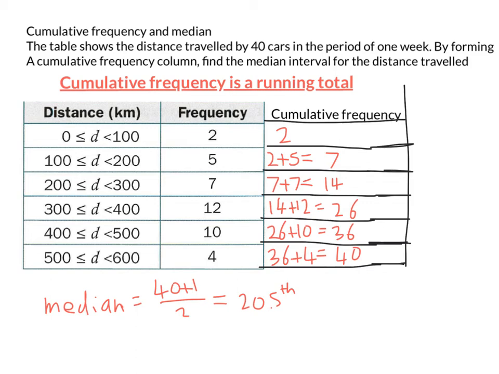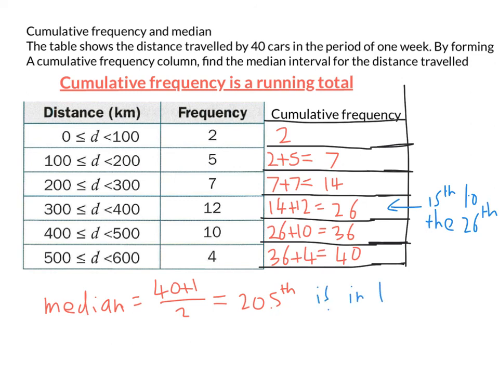If we go through, the first 2 cars are here, then the next 5, so 7 in total, are here. The next 7, so the first 14 cars are in here. So the first 14 cars are in the first 3 groups. The first 2 in here, the next 5 in here, the next 7 in here. That represents the first 14 cars. Now the 15th, 16th, 17th, 18th, 19th, 20th, up until the 26th is in here. So this group has from the 15th to the 26th, and the 20.5th value